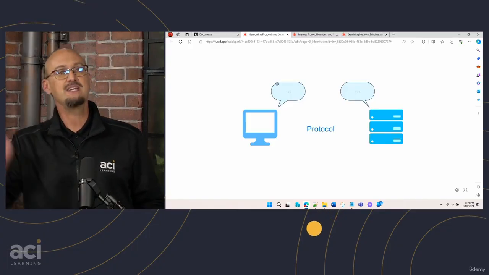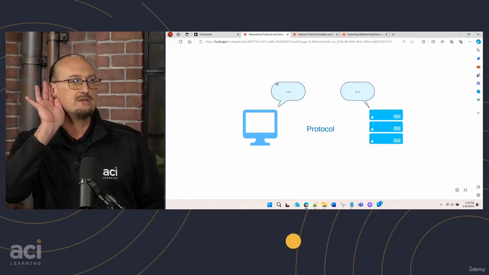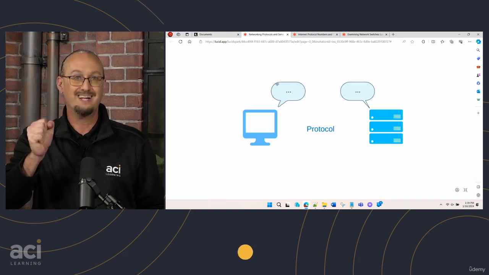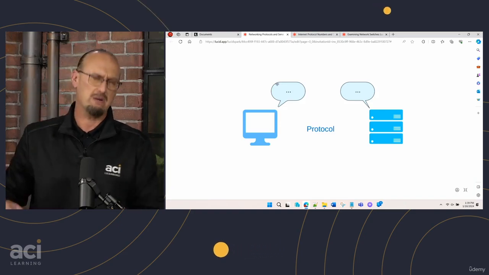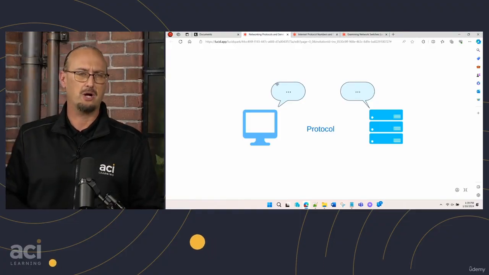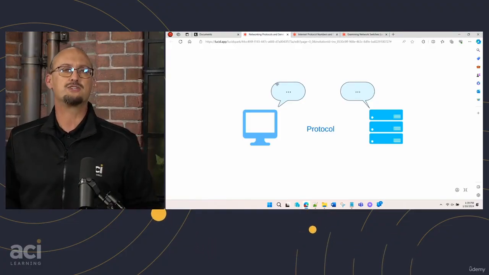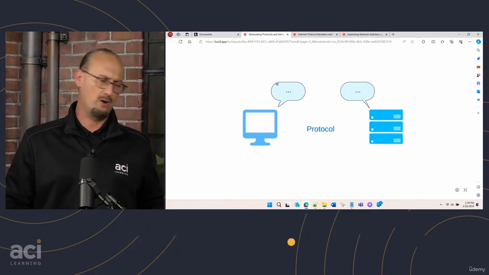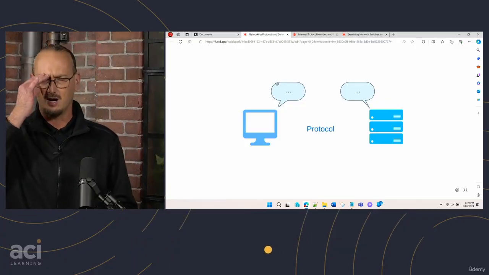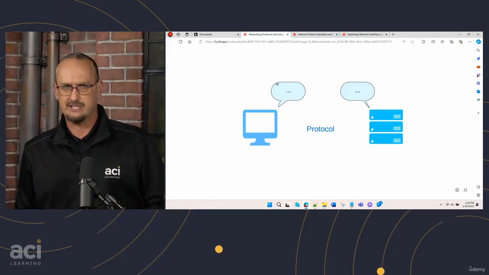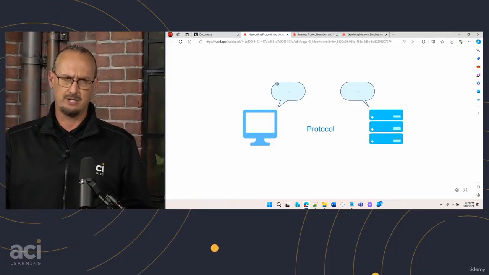Well, when I'm sending information to the web server, it's listening out on a logical connection point called a port. It's listening out on port 80 by default. Now, you can change some of these ports, but we have what are called well-known ports. All these port values go from 0 all the way up to 65,536, because zero is included.